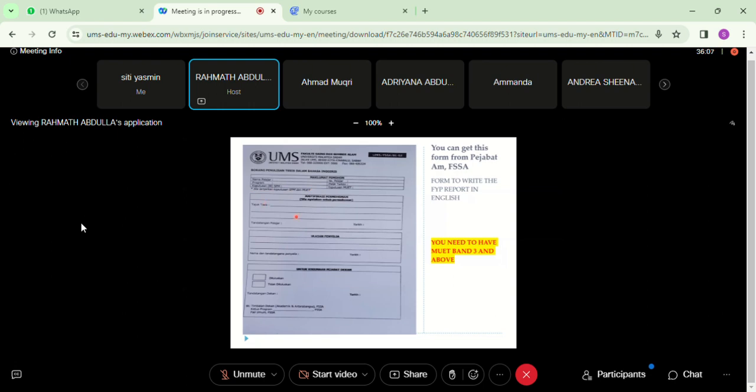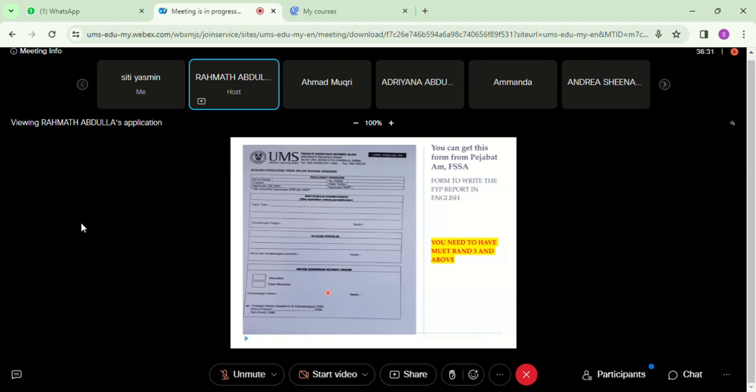And then your title, why you want to write, and then you have to get a recommendation from your supervisor, and then you pass it to the Pejabat, the person in charge for the dean to what you call it as Lulus, isn't it? So once the dean signed this one, then this is considered as a